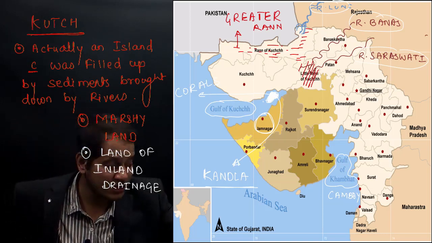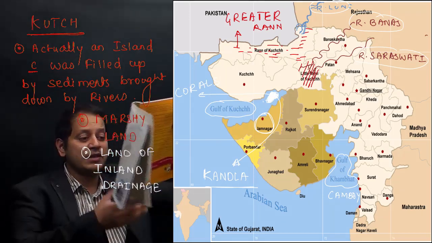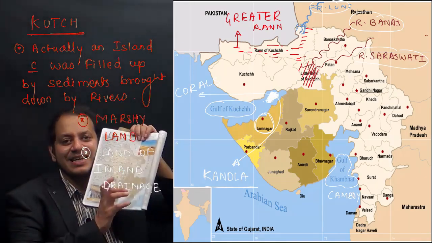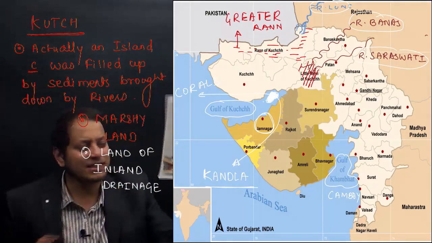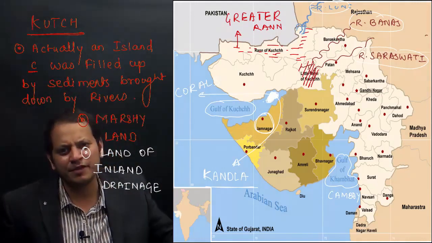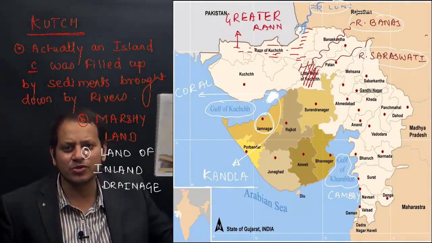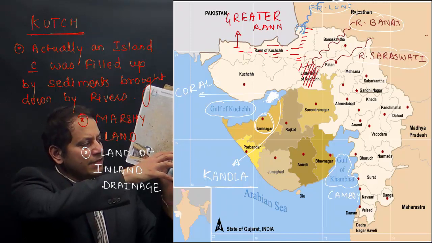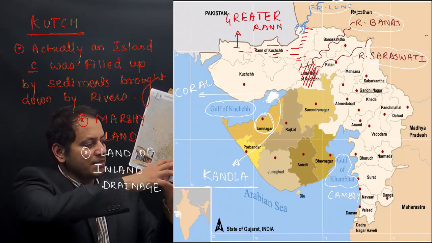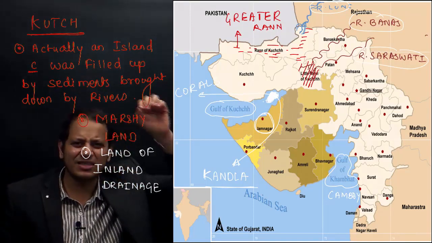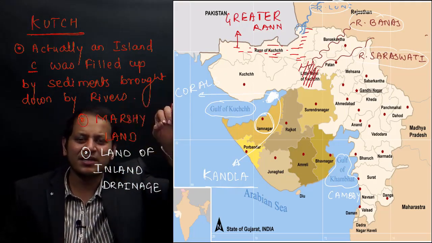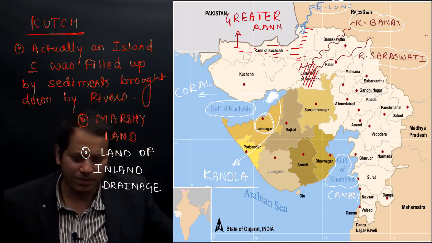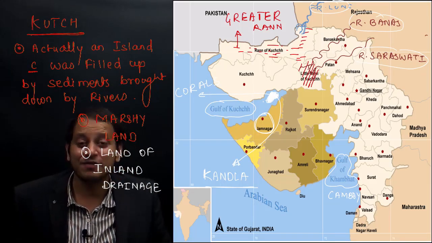For people who are not having this Oxford Atlas, the other atlas I had suggested is the Orient Longman. In Orient Longman, both the physical and the political map are on the same page. For GS, it will also suffice. There is no need that you should invest in too many atlases. Try to use whatever resources you are having to their benefit. So you can see here, Run of Kutch is also given, Little Run is also given, and here Kandla is also given, and Jamnagar is also given. Jamnagar is not exactly on the seashore. It is a little bit inside, but remember it is in the Gulf of Kutch region. And Kandla is a port itself. It is a port in the Gulf of Kutch region.